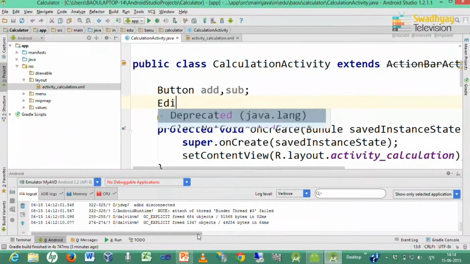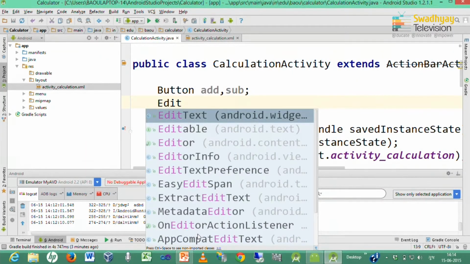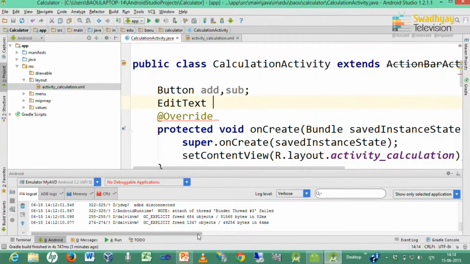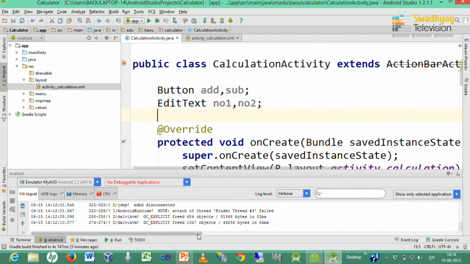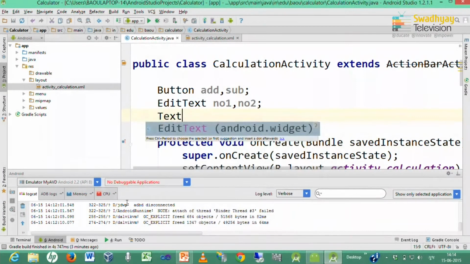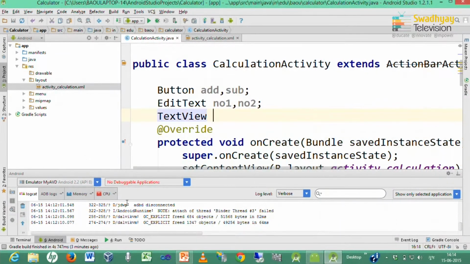Now, we have two EditText. So, I declare two EditText with names NO1 and NO2. These EditText will refer to our EditText in the user interface, and I declare one TextView that represents our result with the name NO3.